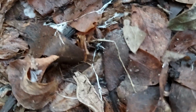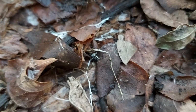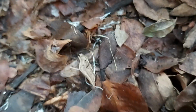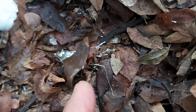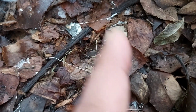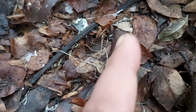rhizomorphs belong, because they are very powerful survival organs of the Basidiomycetes, which are extensively studied by mycologists in Europe and other countries. But unfortunately, to get the documentation specific to this, means now here is the vegetative state, or the survival state. This is a very long survival state, because if it is left like this for a longer time, it will become blacker and blacker, and then it will remain there in a dormant state till moisture revives it, and then